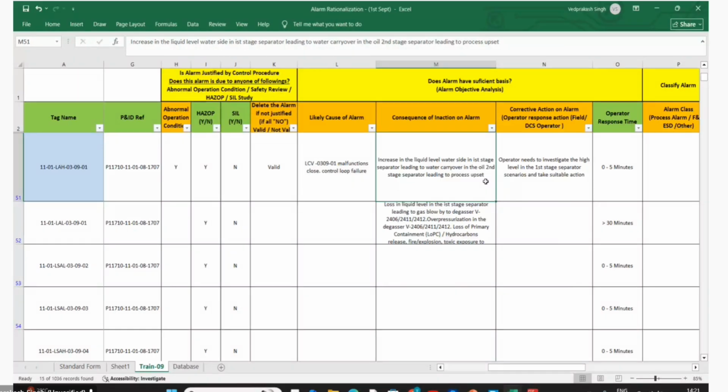Okay, guys. So this is it, now we agreed. I have written here: increase in the liquid level on the water side in the first stage separator, leading to